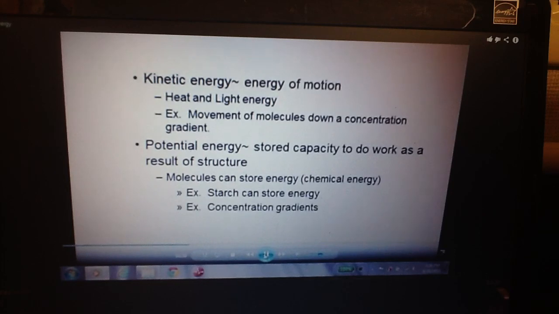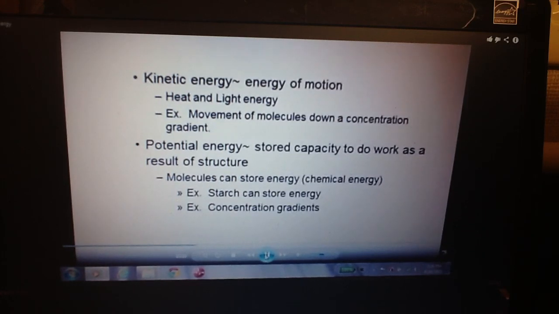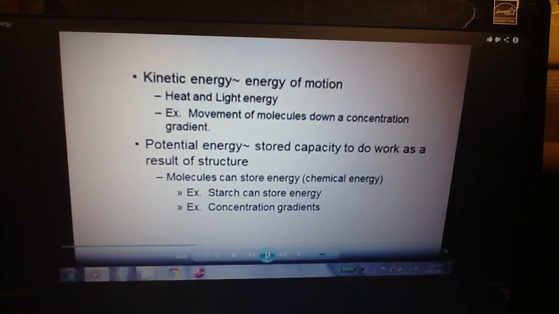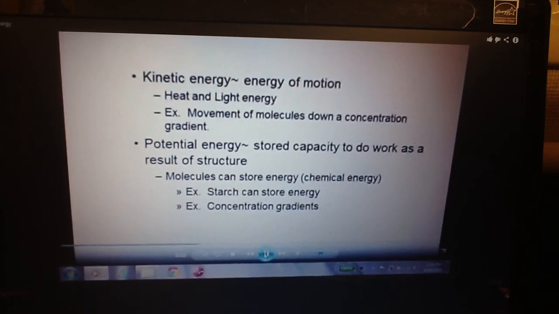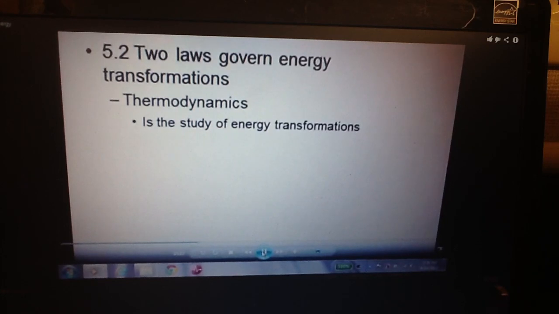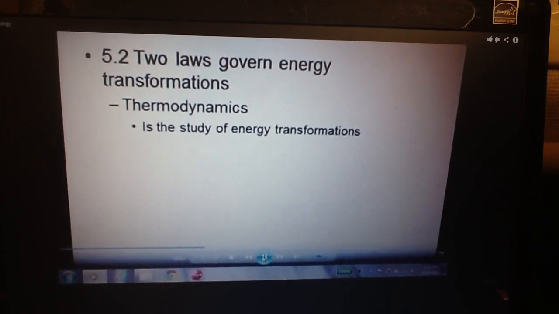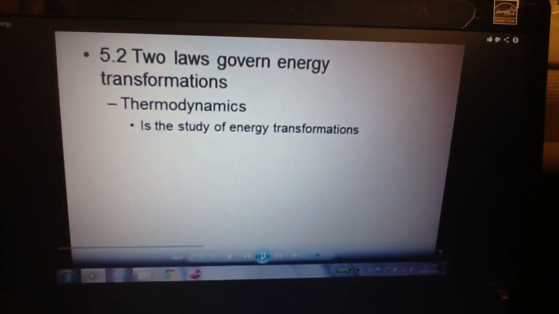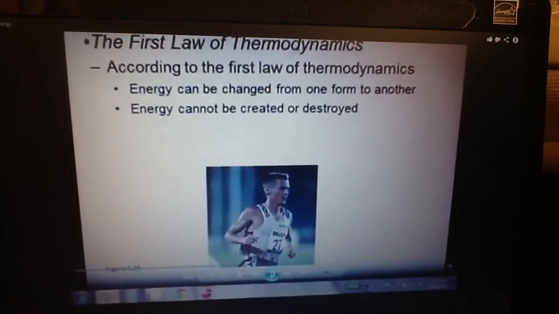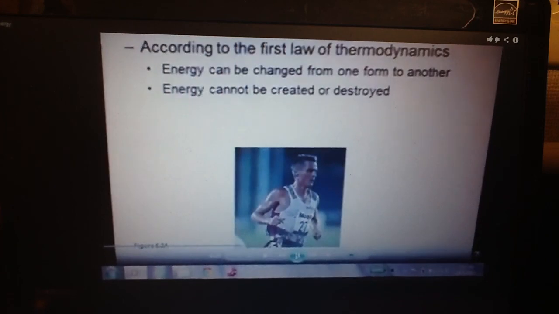There's also concentration gradients. If molecules are not moving yet, if we create an area with lots of molecules next to an area with fewer molecules, we have the potential now for movement as a result of those differences in concentration gradients, and that's the potential. Now, the big thing about kinetic and potential energy is that they're governed by the two laws of thermodynamics. And you'll study these extensively in other classes, but right now, the only thing that you need